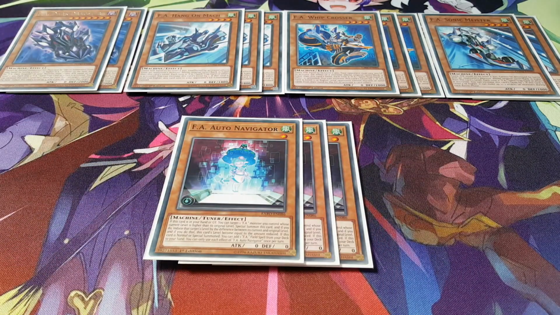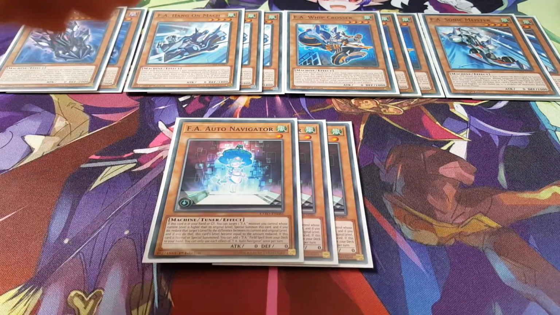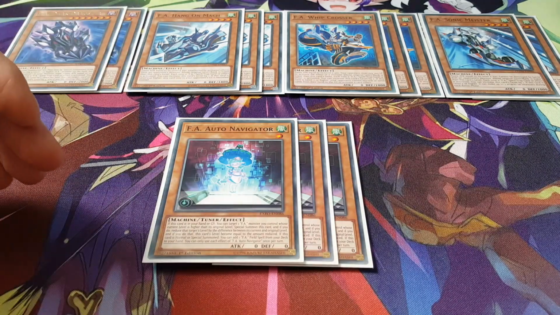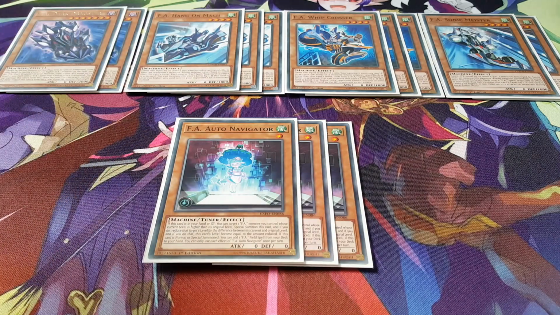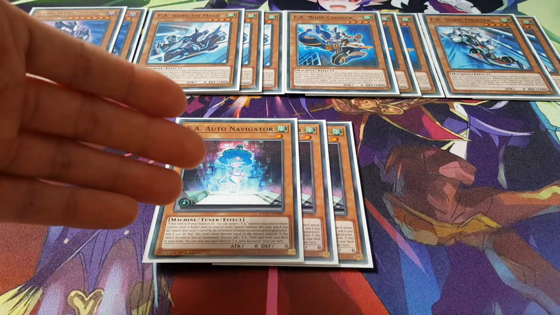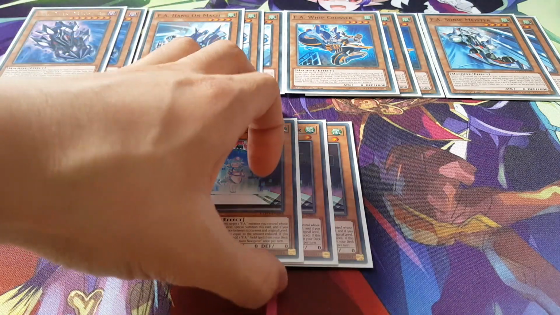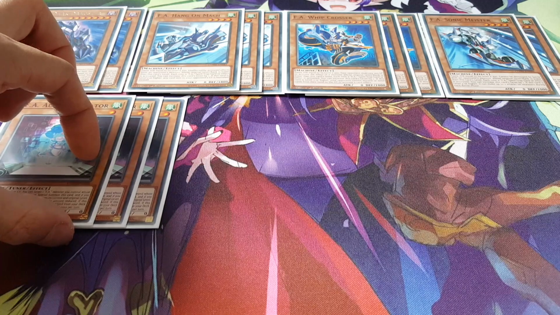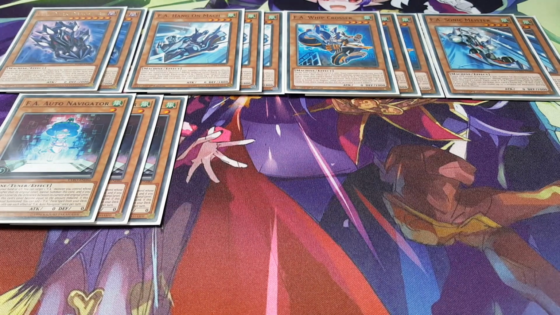Of course, we have to play 3 copies of Auto Navigator. Very easy to summon if you combo it well with your different field spells, and with that being said, you can easily go into the main FA synchro monsters in your deck. So very nice. On summon, it also allows you to add your FA field spells from your deck to your hand, accelerating your plays. But overall, it's definitely a really amazing card that can easily be brought out also through,